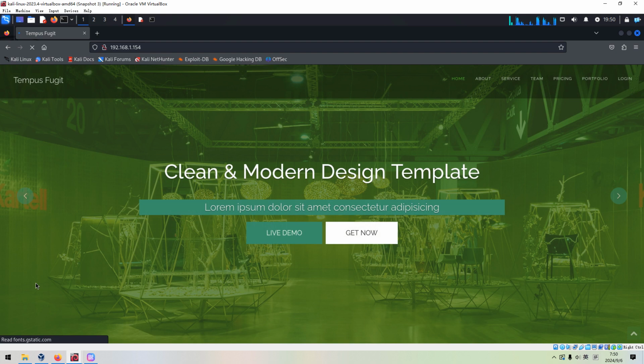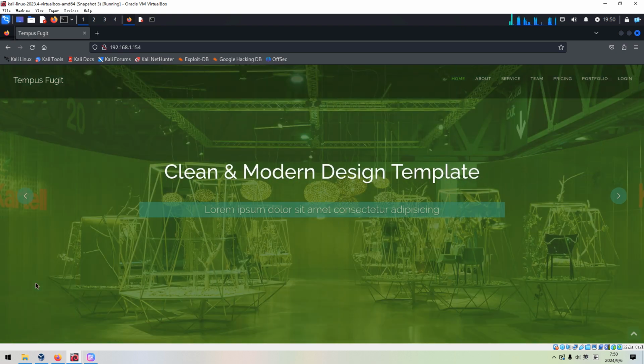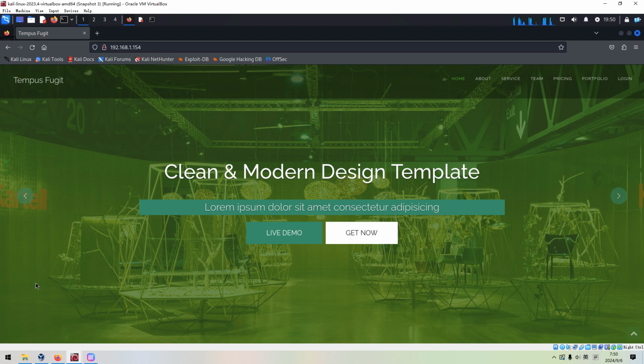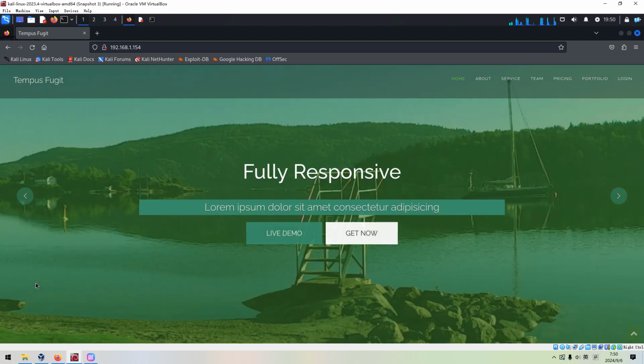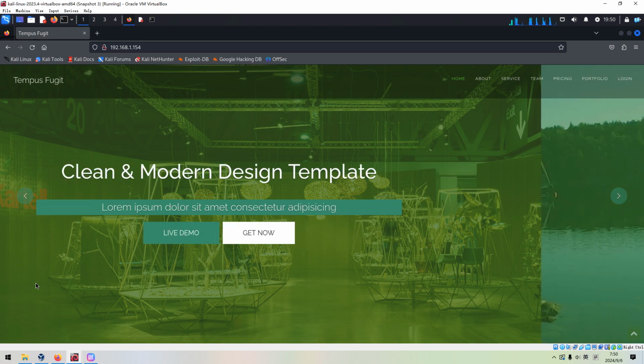So I think from this point, we can deduce that maybe this web application is vulnerable to server-side template injection. If you are familiar with Django, one very important part of the Django web framework would be templates. So of course, I will not get into this topic in this video.